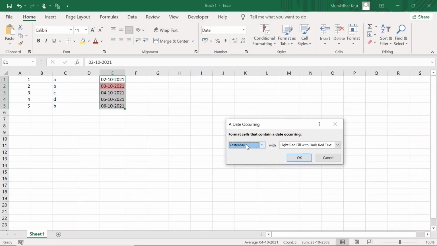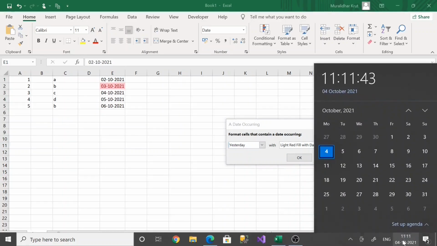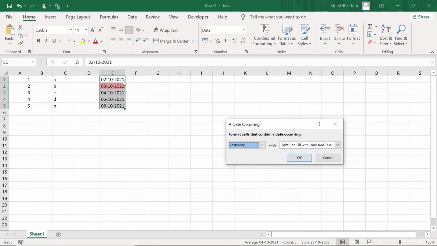Date occurring yesterday. If I go here and show the date, today is 4th October 2021. So for yesterday, it is showing 3rd October 2021. If I say today, it's showing 4th October 2021.